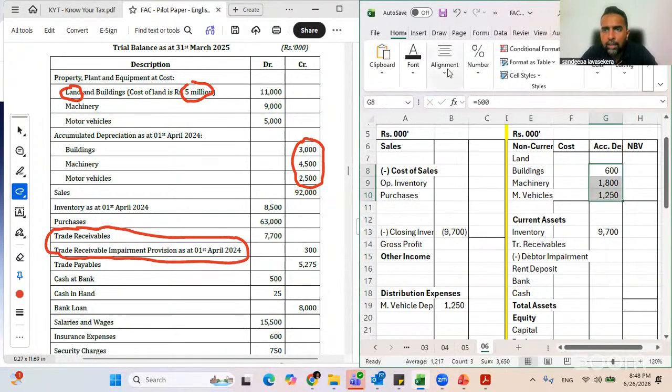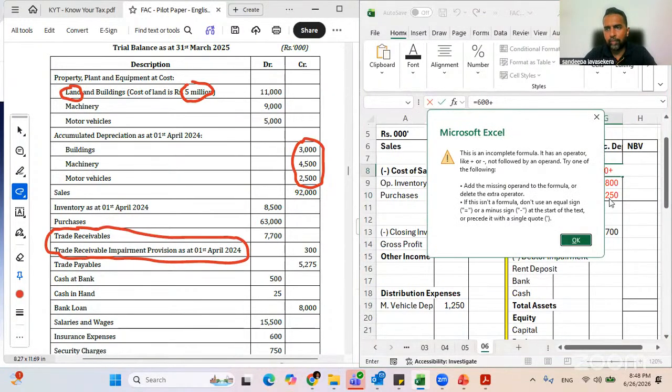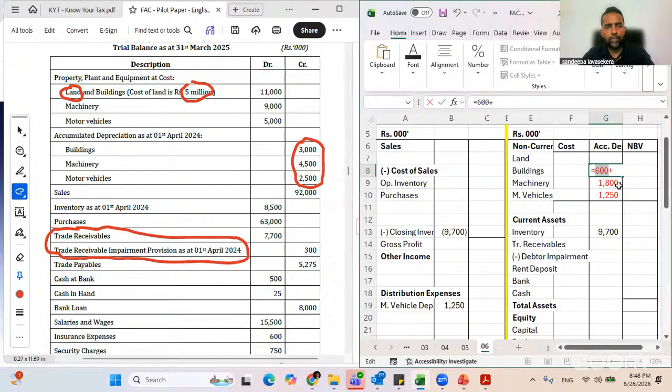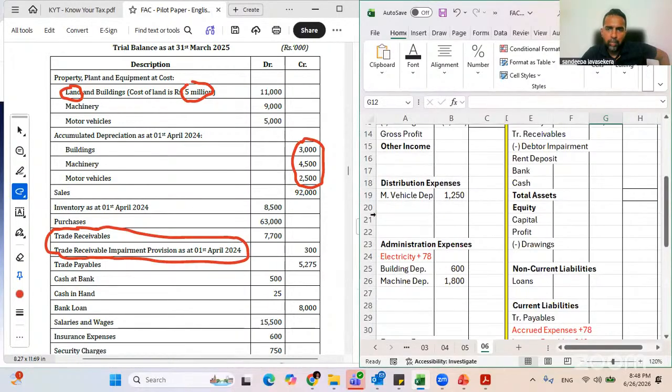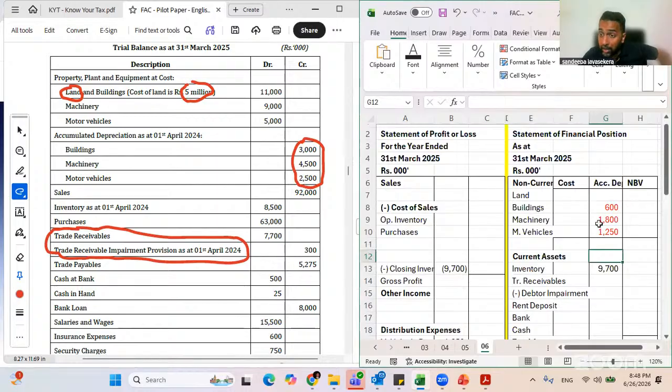This is not the final answer because you have to add the opening balances. Put this as a plus balance, as a working, just as a plus, because you have to add the opening balance. Okay. So debited to depreciation expense, and credited to accumulated depreciation, not the final balance, because you have to add the opening balance. Right? We'll do it later. This is how it works.